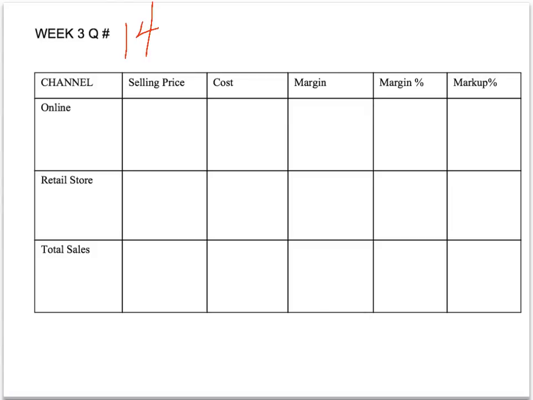Okay, question number 14, our last question, deals with, again, hybrid channels. We've got online and retail. So let's plug in the information that we know. We know that through the retail outlet,